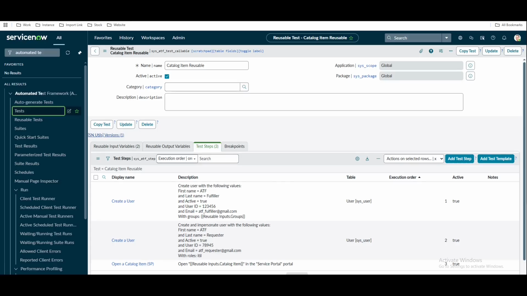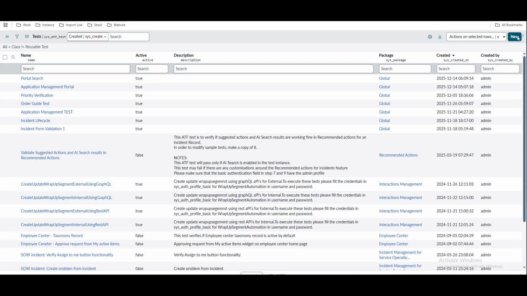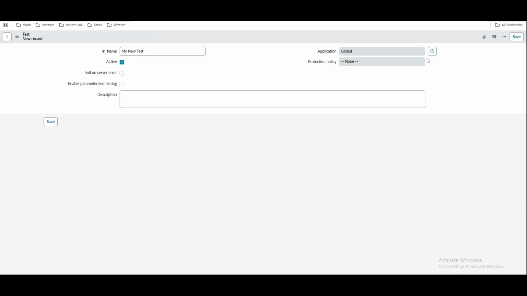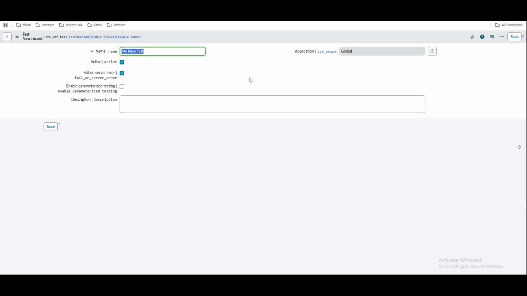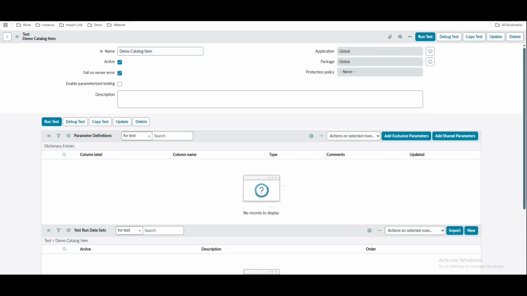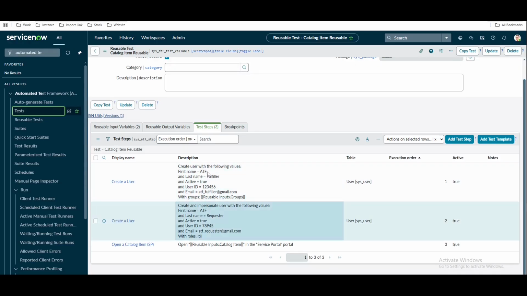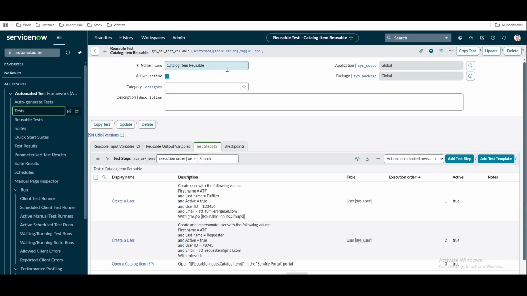So you can go here and create a new test for any of these catalog items. Let's say you want to create a test for iPhone or something, any of these catalog items. Okay, so I'll say demo catalog item, and then save that. In this case, I don't want to add all these steps again and again, so that I can reuse this, right? I can call these